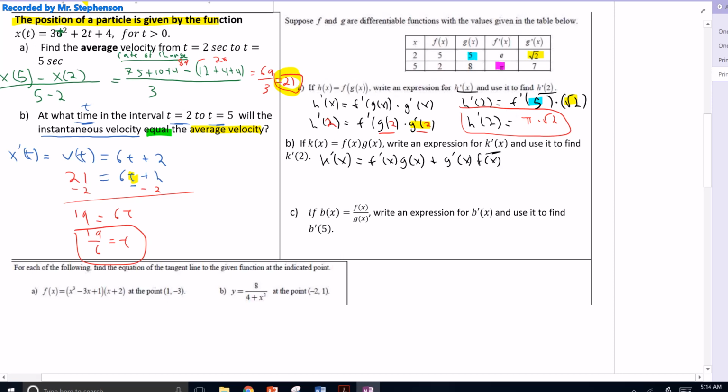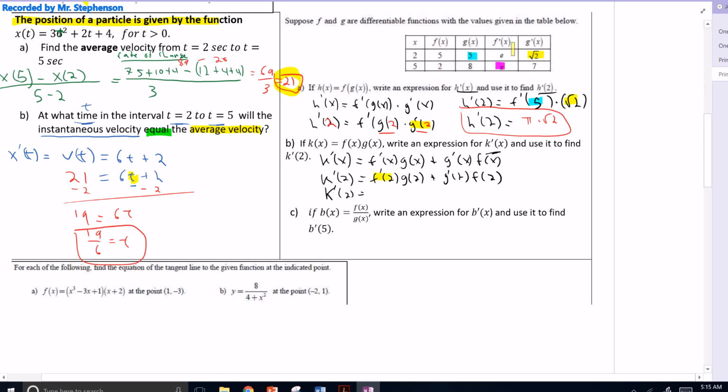Right? And then once I have this, I can find K prime of 2 by plugging in 2. That's F prime of 2 times G of 2 plus G prime of 2 times F of 2. And we're just looking at our chart and plugging these things in and finding what they are. And we're going to get K prime of 2 equals